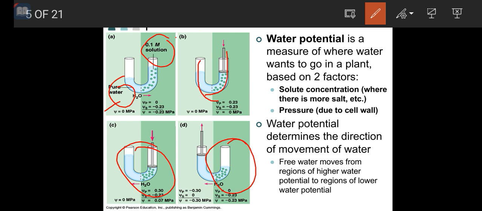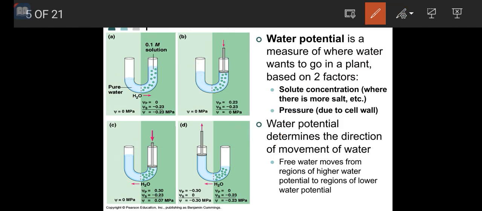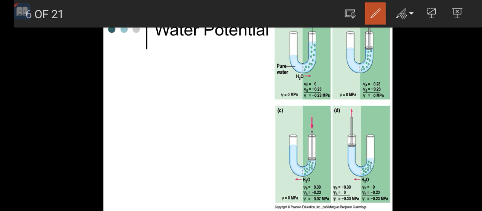The water potential determines the direction of movement of water. Water moves from a region of higher water potential to a region of lower water potential, but concentrated water, or water containing concentrated solute, is not able to transfer. It shows specific properties like osmosis and diffusion.